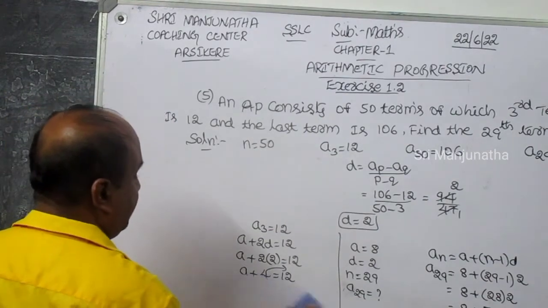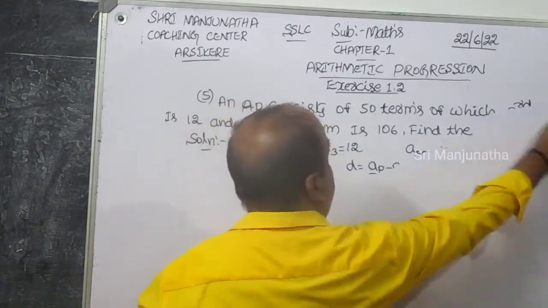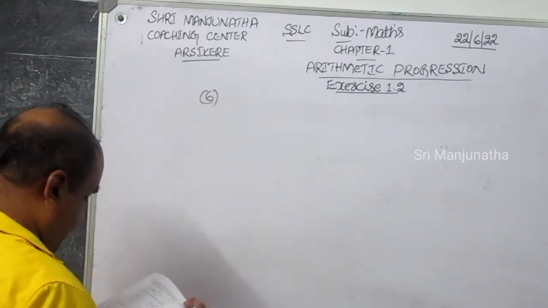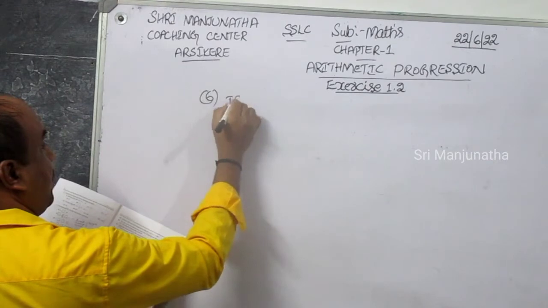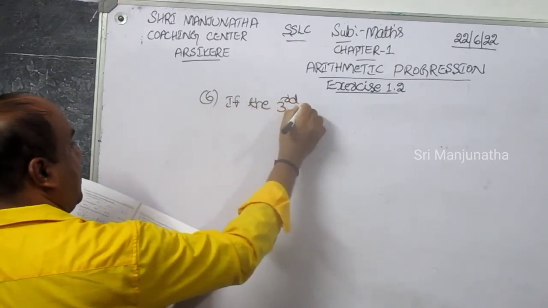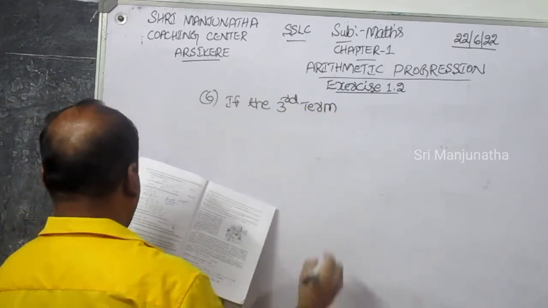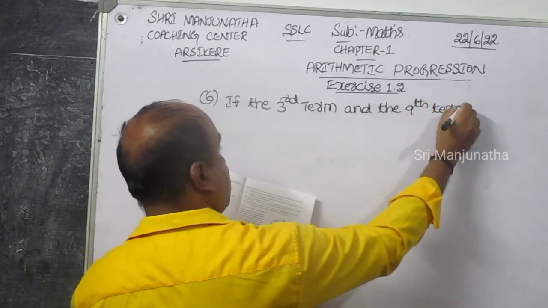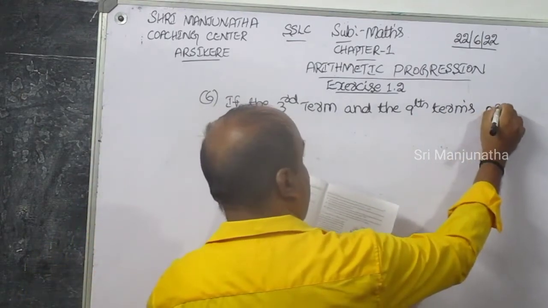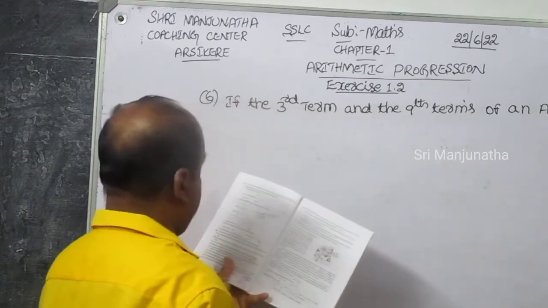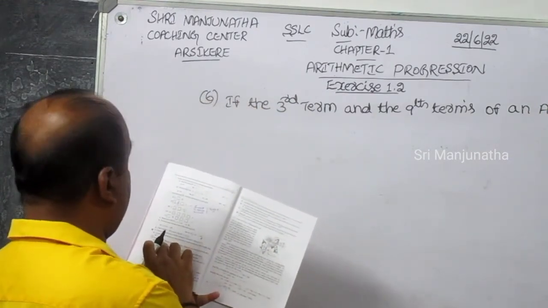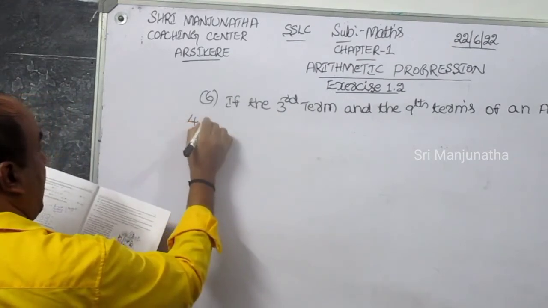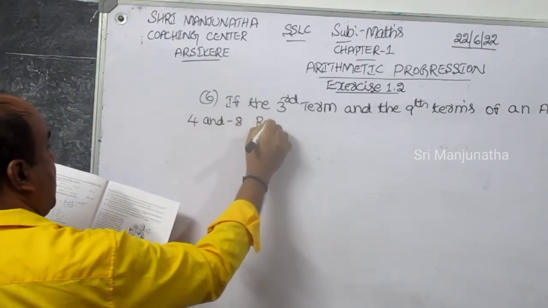Next, the sixth one. Sixth problem. If the third term and the ninth term of an AP are 4 and minus 8 respectively,